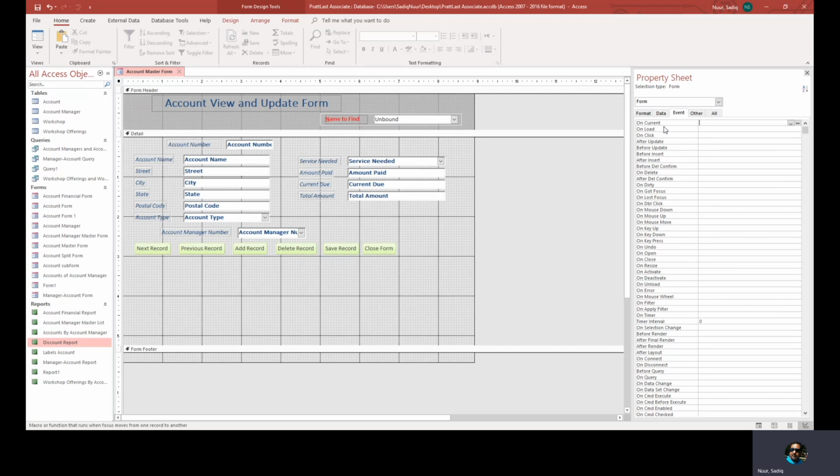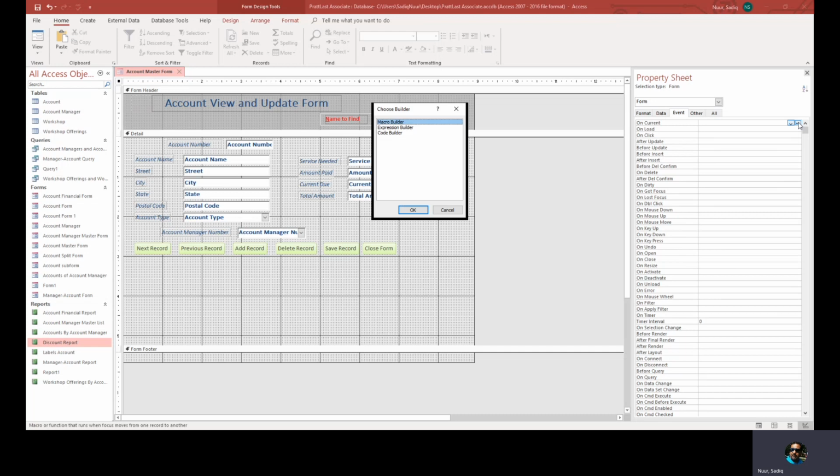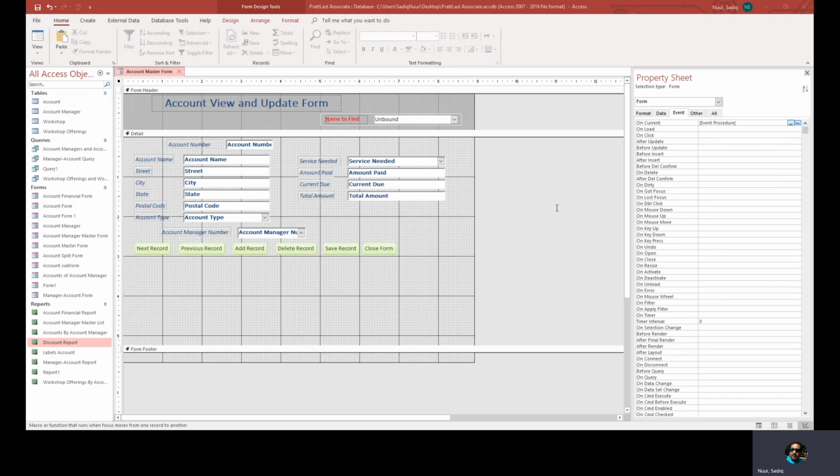Okay, so click on current and then click the three dots. Once you did that, then you will go to where it says code builder and then click OK. So it's gonna open like Visual Basic. So when the form is in a current situation, what you want to do,